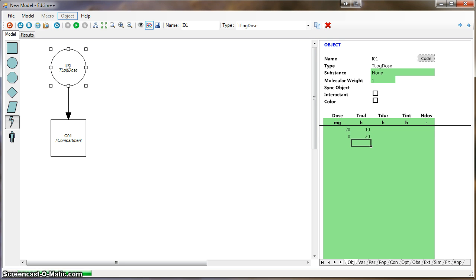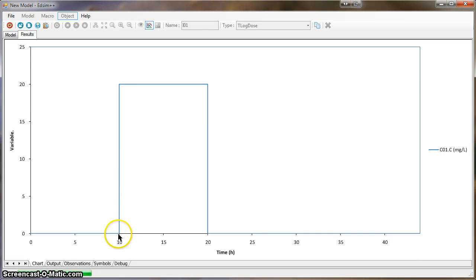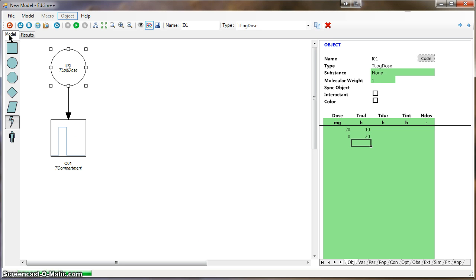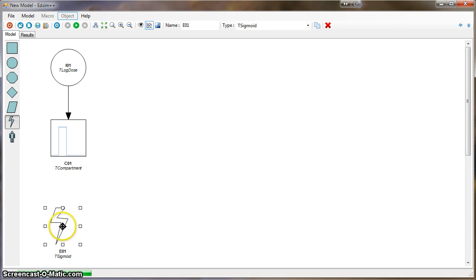So if I simulate this, I get this kind of response. At 10 hours, that's 20 milligrams. After 20 hours, it's gone again. So this is a very nice experiment to control the concentration. Now I'll add a direct response, so the classical Emax model, to this compartment,